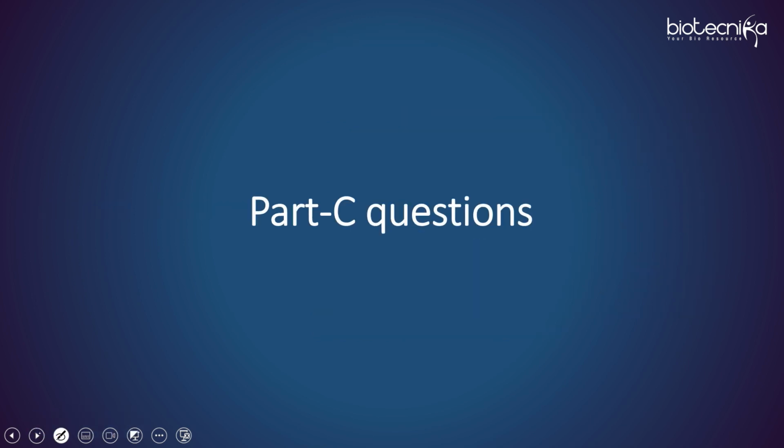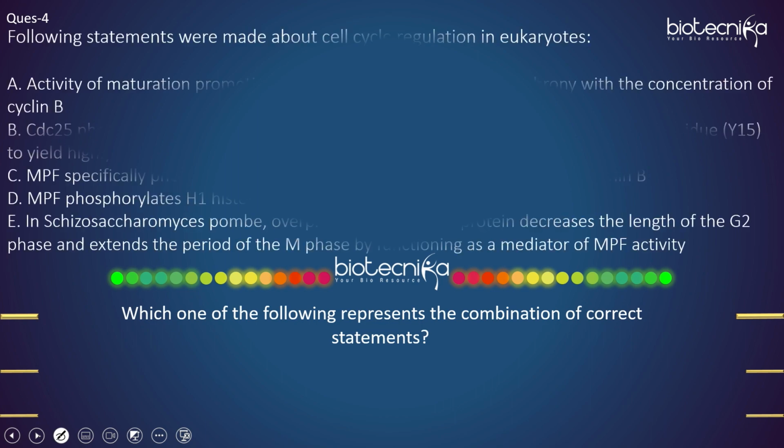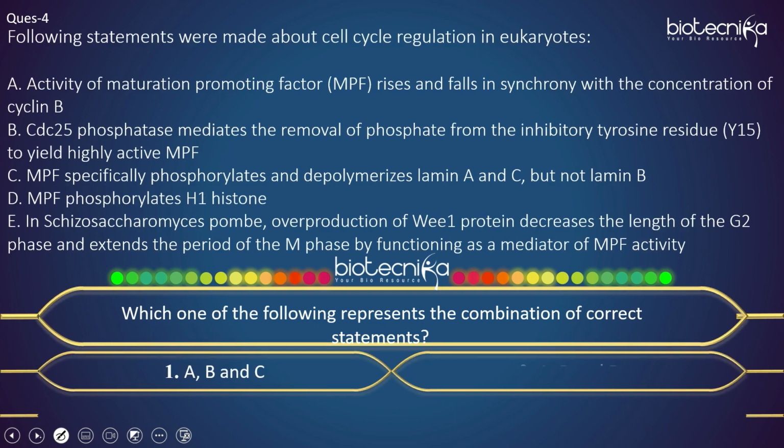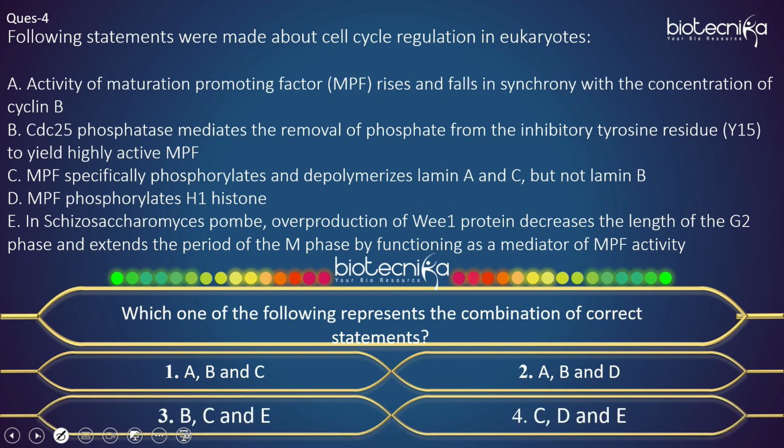Now let's come to part C questions. So we have discussed 3 questions from part B. So the first part C question is, the following statements were made about the cell cycle regulation in eukaryotes. Here you have to select the correct statement for how the cell cycle is regulated in eukaryotes. So the first statement is, activity of maturation promoting factor rises and falls in synchrony with the concentration of